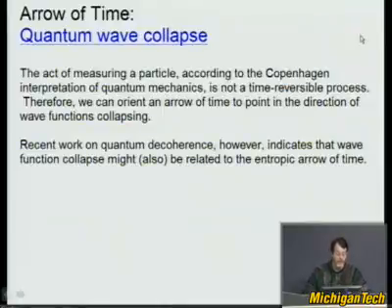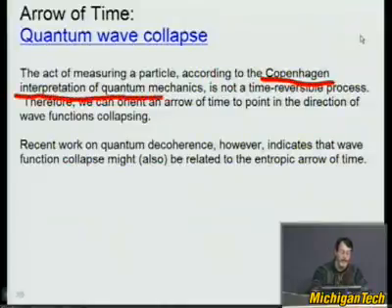Mentioned before, wave function collapse. So particularly in the Copenhagen interpretation, whenever you measure something, so a photon could go through a pair of slits, as was gone through something like six lectures previously. However, when the photon is actually measured, it hits the detector, then the wave function of the photon collapses. That's not a reversible process. So the search for the arrow of time is the search for processes that are not time reversible, and the collapse of the wave function could be.